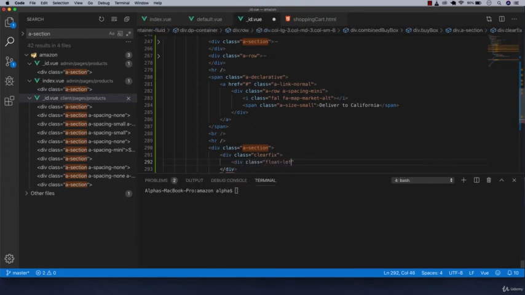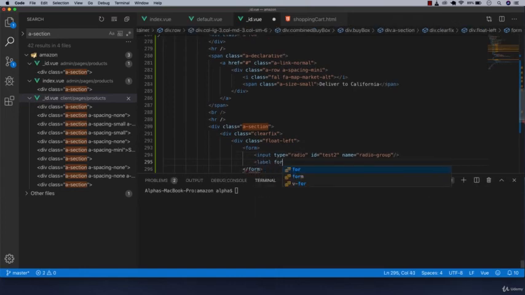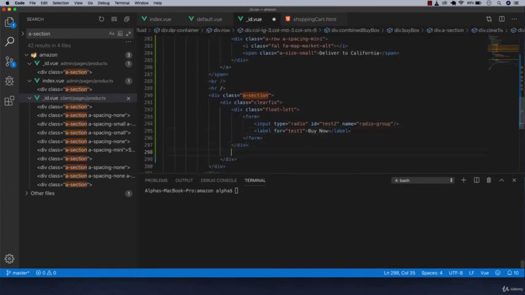Then div class, my bad, will be div class float left, then form, and then you add input type radio, and then an ID. It should be test2, name radio group, and then label for test1 by now. And finally, after this form, this will be our last writing these HTML for this part, and then float right